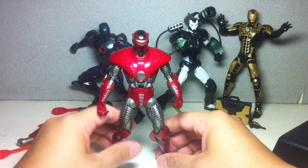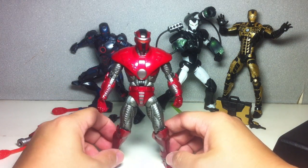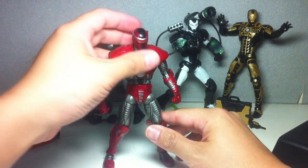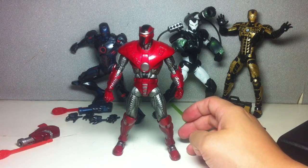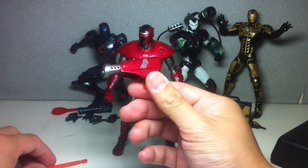So the Valentin Shatalov figure really has been well executed. I'm really liking it. Accessories, he comes with the resurrected